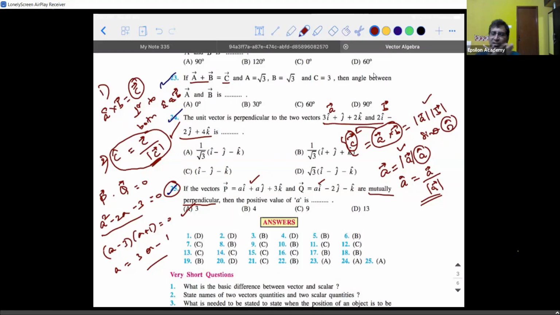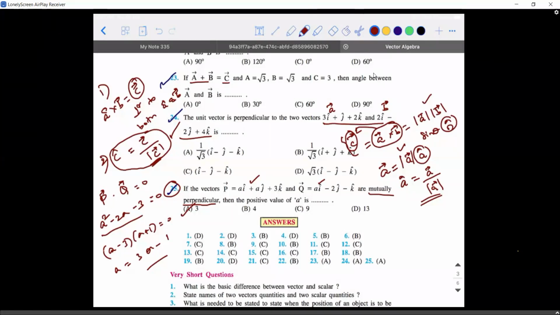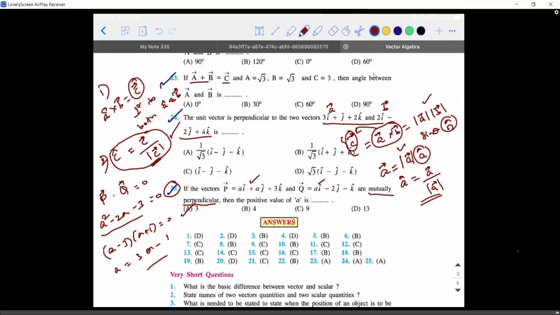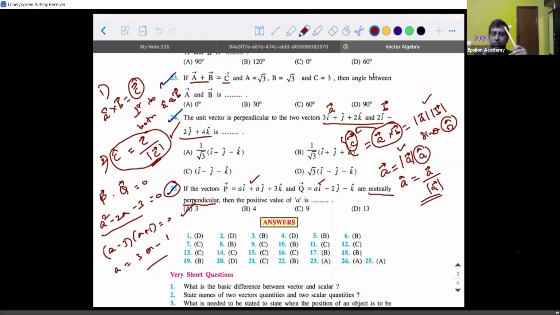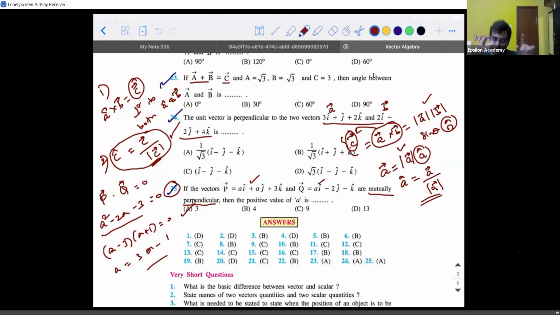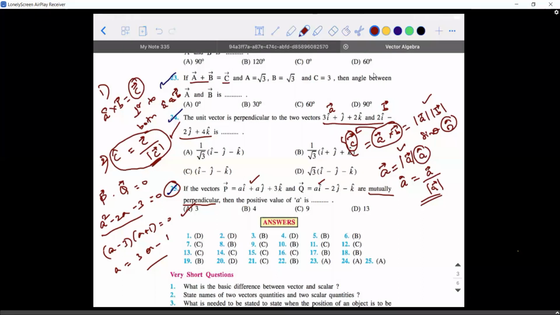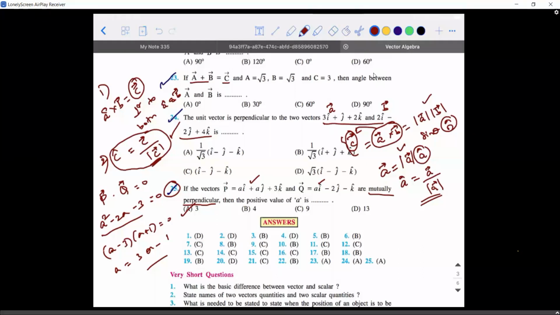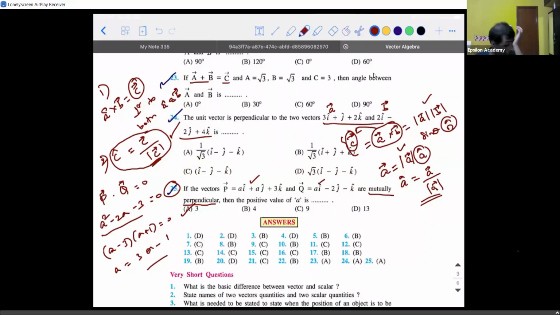See, for example, how you have resistors in series, I replace R1 and R2 with R1 plus R2, which I will call R equivalent. In a similar way, the A cross B, I'm replacing it with some other name C. I'm calling that C also as a vector. Oh, okay, sir. Got it, sir. Got it? Yeah. So let me complete it. C vector's direction is decided by n cap. But you told me that n cap is a unit vector which is perpendicular to both A and B. If n cap is perpendicular to A and B, so is C vector. Yes, sir. Right? That is why. So this is the step.